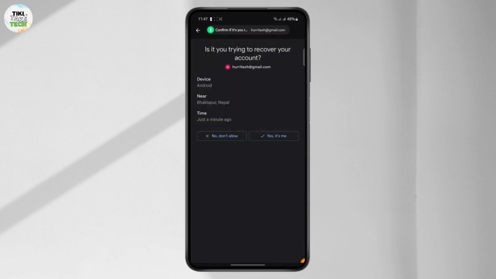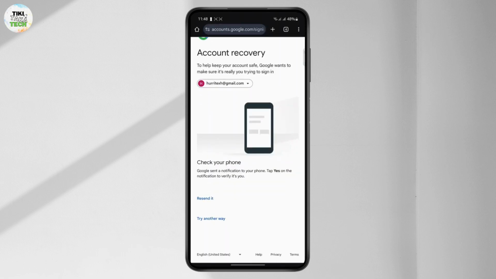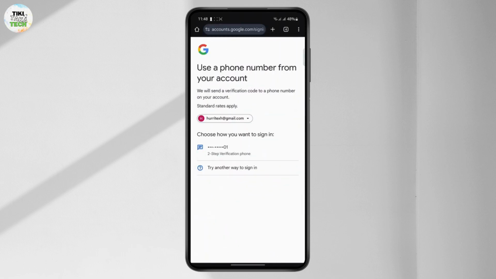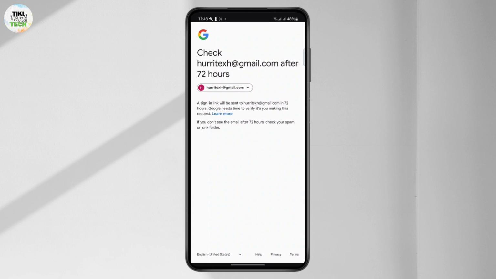And it will ask your phone to do it. But let's say if you don't even have this, what you can do is go back and try another way. So here you have an option to send a verification code to your phone number. But even if you don't have that, you can just tap on another way to sign in, and